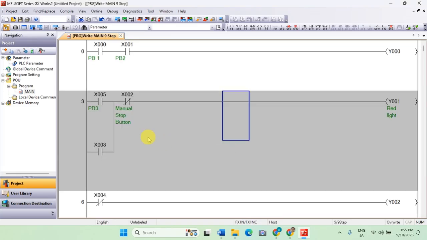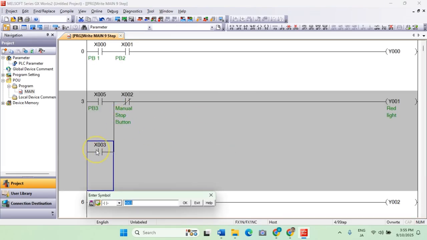Okay, so I think it's easier for you, if you want to always add a device comment, to just toggle this icon. Toggling and untoggling this will enable and disable the automatic device comment.